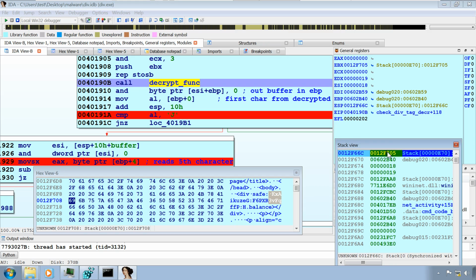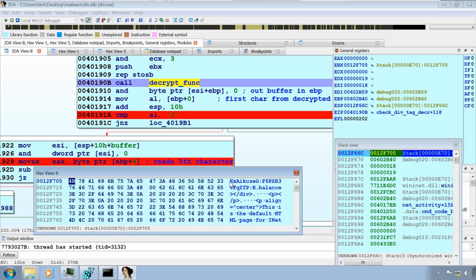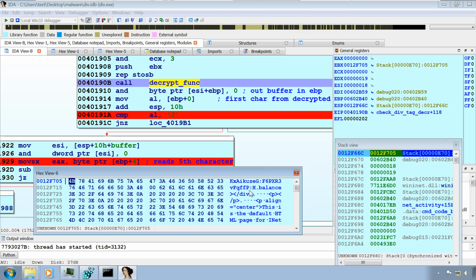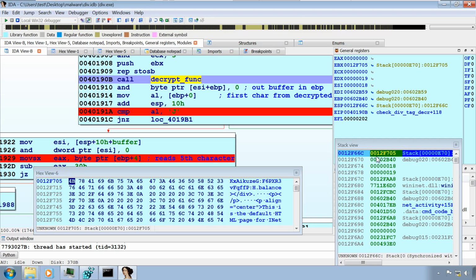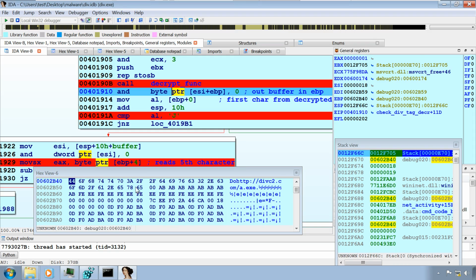So let's look at the first parameter to this function. You see that it successfully extracted the string that was between them, this string here. You see that it extracted that, and then it is passing it to the decrypt function, and after executing that function, it is stored in a buffer, which is this buffer. So let me execute this function, and you see that it decrypted to a string something like this, do http